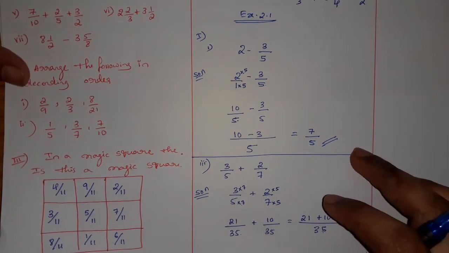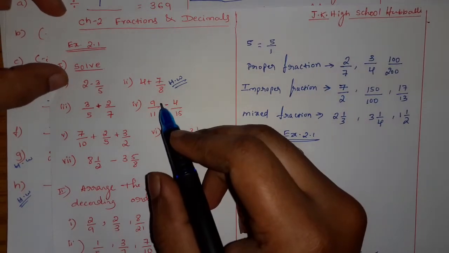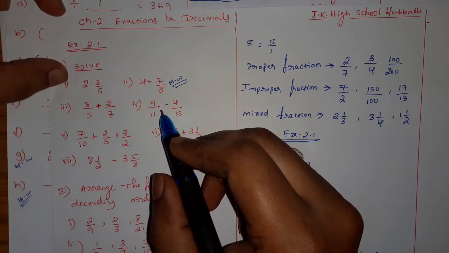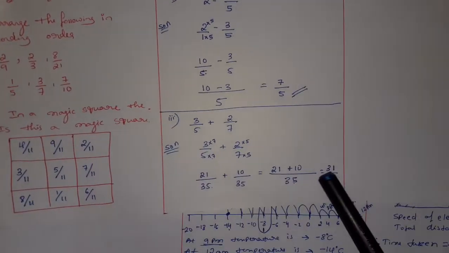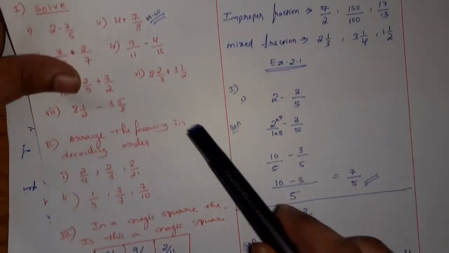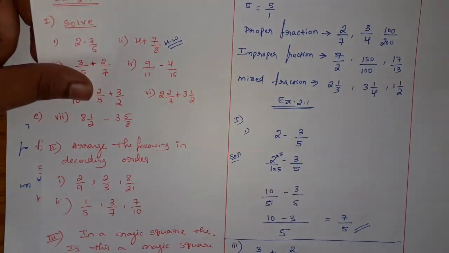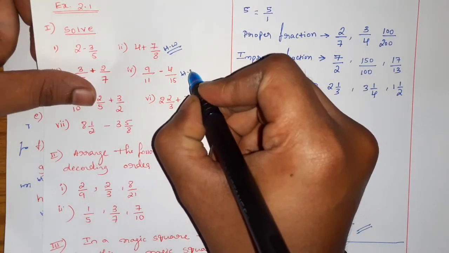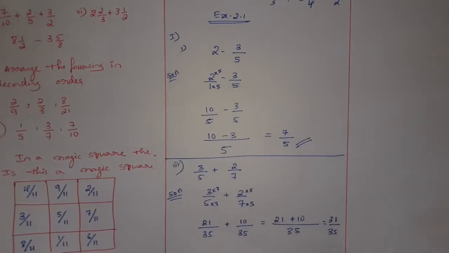So similarly, the fourth one is also very similar to the third question. Just subtraction is there. Here plus is there, there subtraction is there. Because of plus, I added these two numbers. Similarly, in this problem, you have to subtract. That's it. Take this fourth one also as homework. Now let's move to the fifth question.